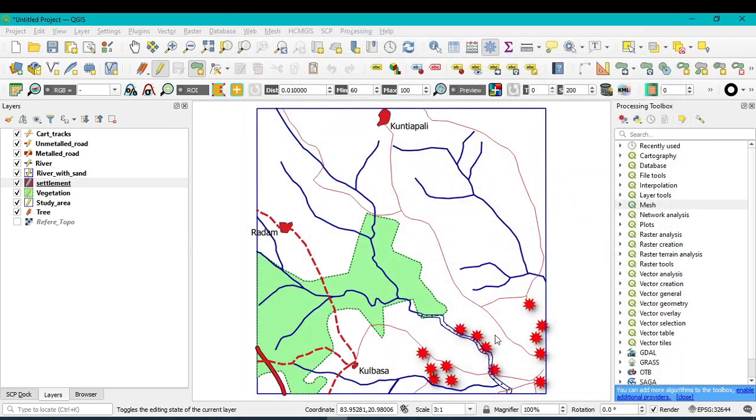Click on apply and OK. So now you can see the name of each village is outside the polygon. So in this way you can digitize all the